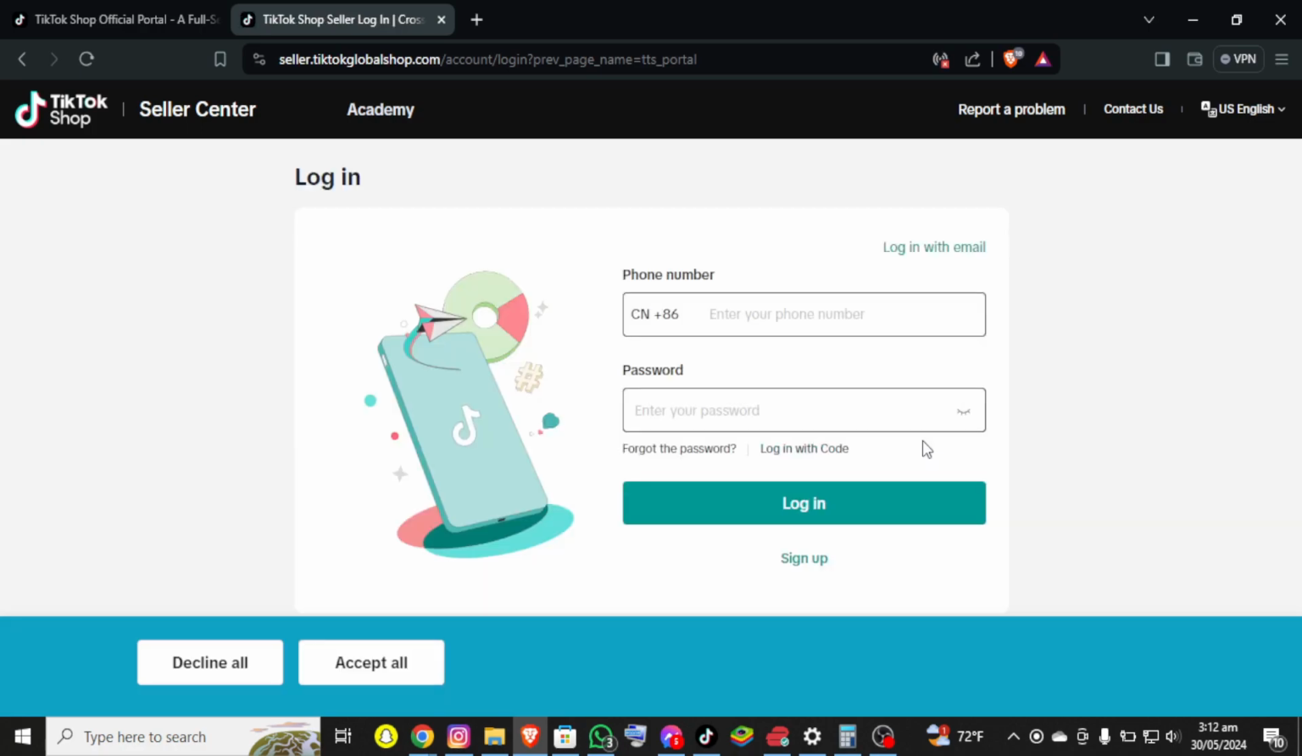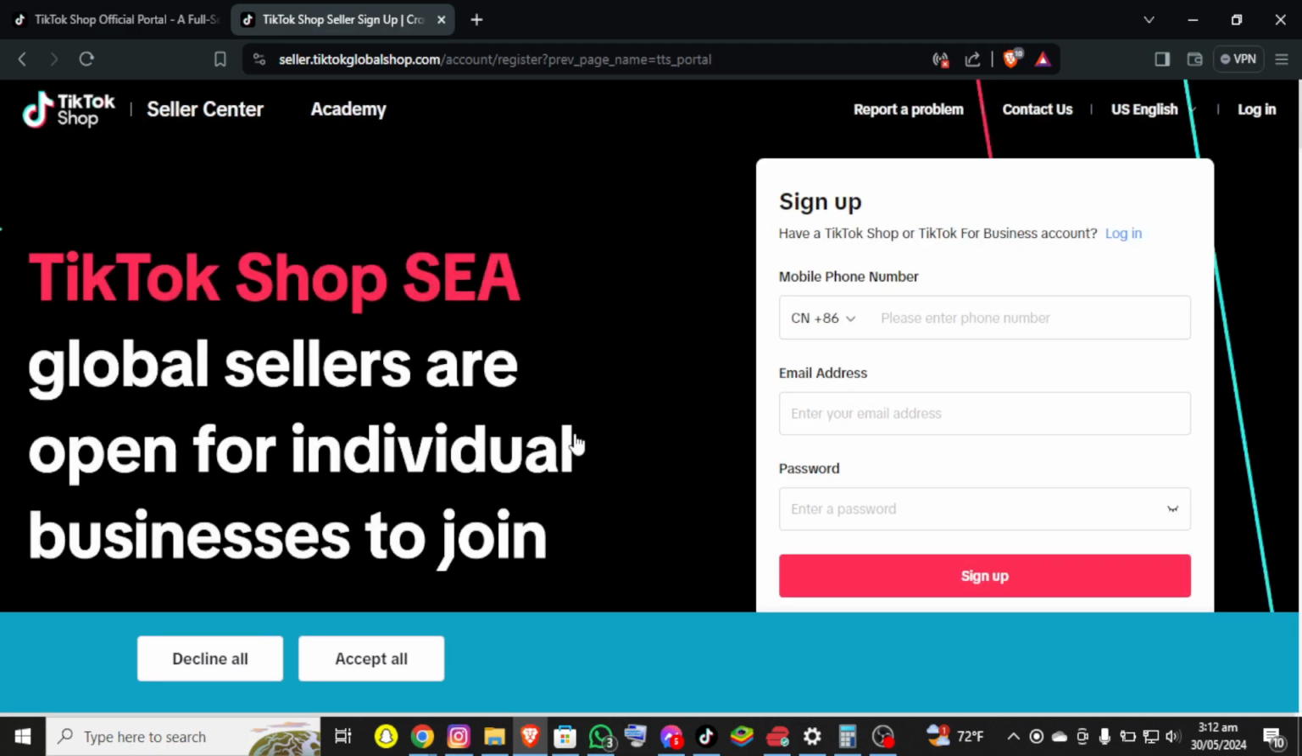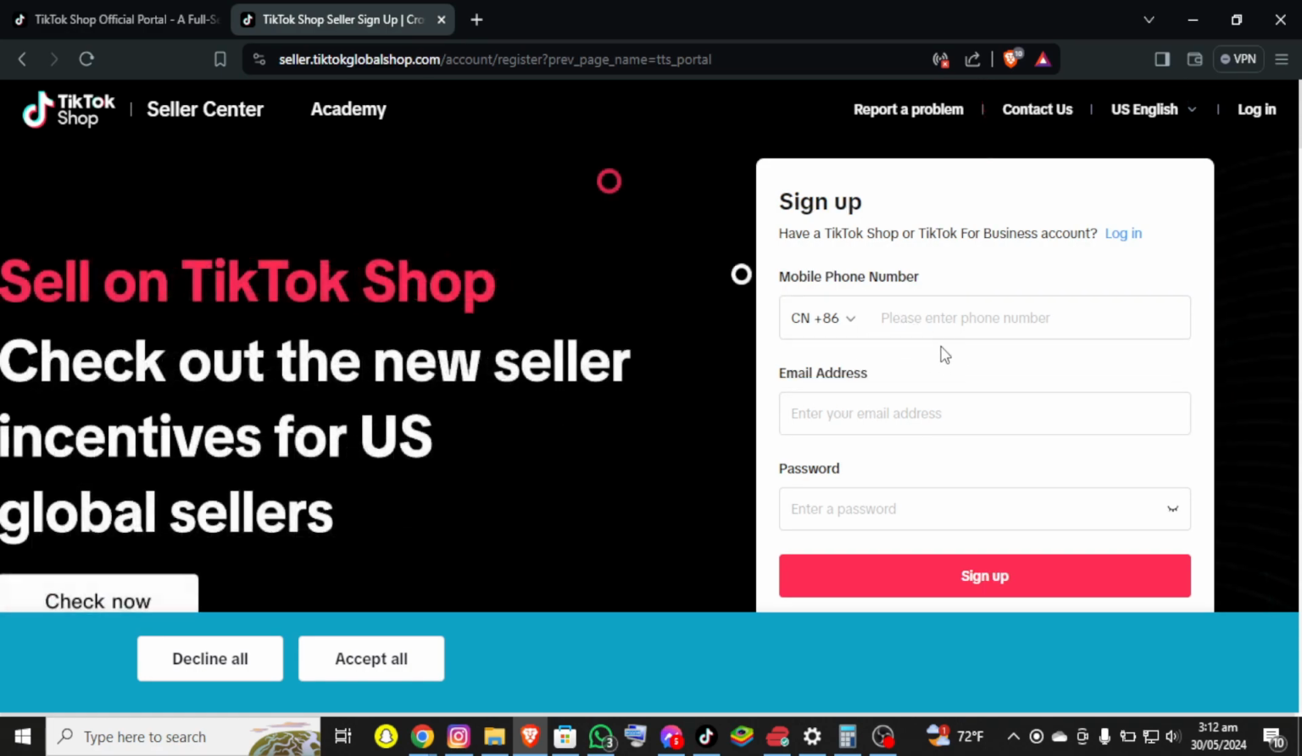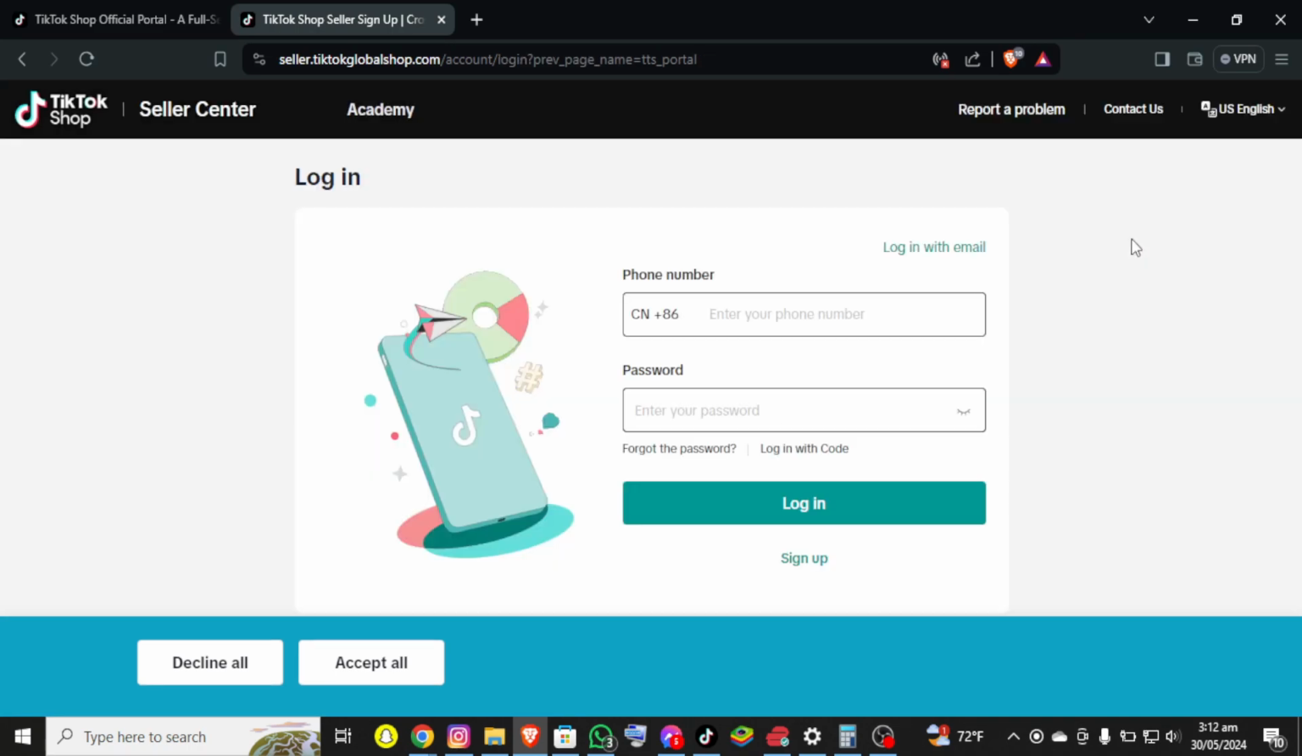and now you'll be redirected to the login page of TikTok Shop, where you can see the sign up option. So once you click on it, you'll be redirected to the official sign up page of TikTok Shop, where you need to register yourself. And finally, once you verify yourself, you'll be able to see the login option on the screen,